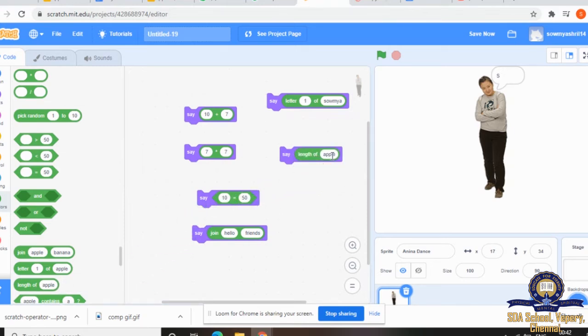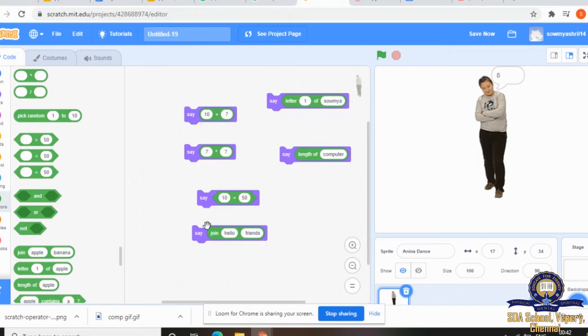Length of the word computer application, or just computer. 8 letters. See, everything can be done using operators. That's all about operators. We'll go to the next topic, creating a ball game.